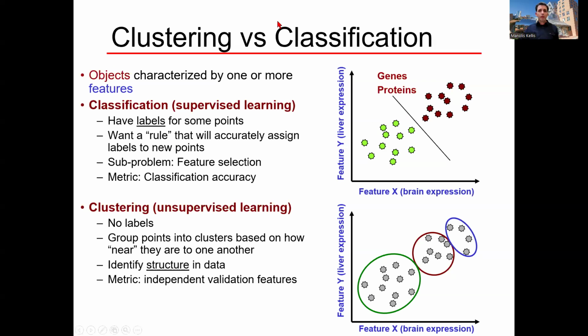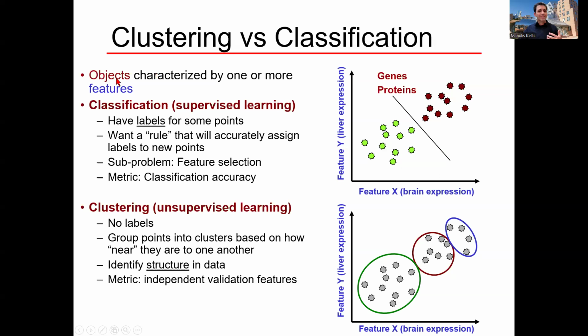So basically, these are the two main tasks that we're going to be talking about, clustering and classification. Clustering is here, classification is here. In a toy example, we're thinking about expression, for example, in the brain or in the liver, and the single-dimensional projection of this is going to give you some perhaps separable data, but projecting on, for example, liver, there might be some overlap. But if you look at both dimensions together, the data become more separable. Everybody with me here? Awesome.